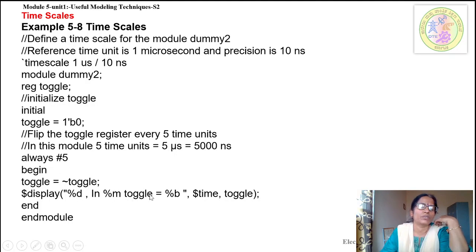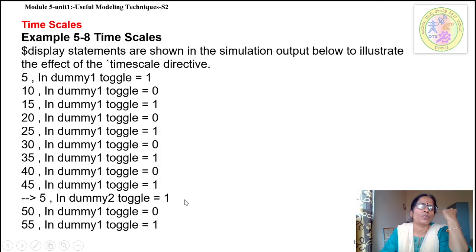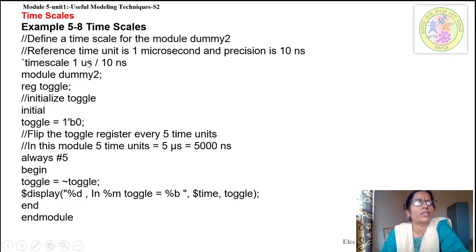It is displaying time and this toggle. The output of that one is given 0, both are executing, from what is the time precision we have taken, 1 microsecond by 10 nanoseconds.